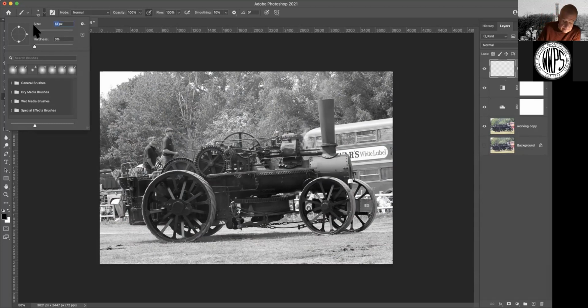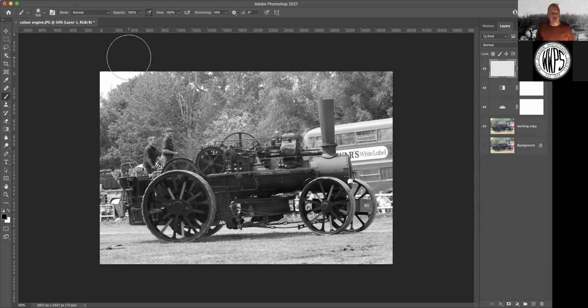But I'm going to make the paintbrush quite large. Here, that will do. And the reason for that is I want the paintbrush to be mainly feathering rather than painting, if you like. And I'm going to bring the white to the foreground and just manually